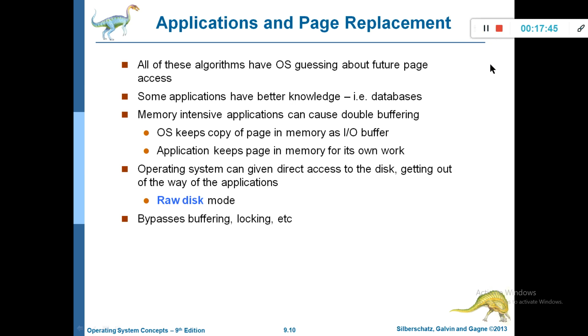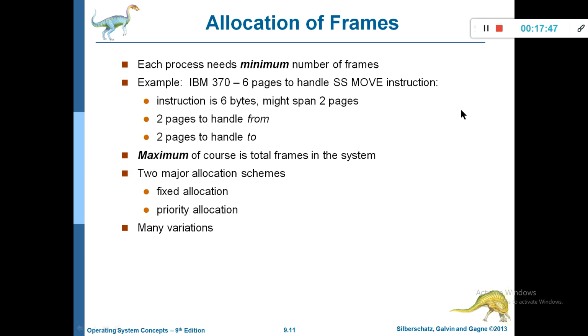We'll go to the next topic of virtual memory management, that is allocation of frames. We have discussed how to replace pages when a new page arrives and there are no free frames. We have studied what page replacement is, the basic algorithm, the different algorithms, and which one is efficient. Next we'll go for allocation of frames: how you are going to allocate frames to each process, or for each process how many frames are required. That we are going to discuss in the next lecture.